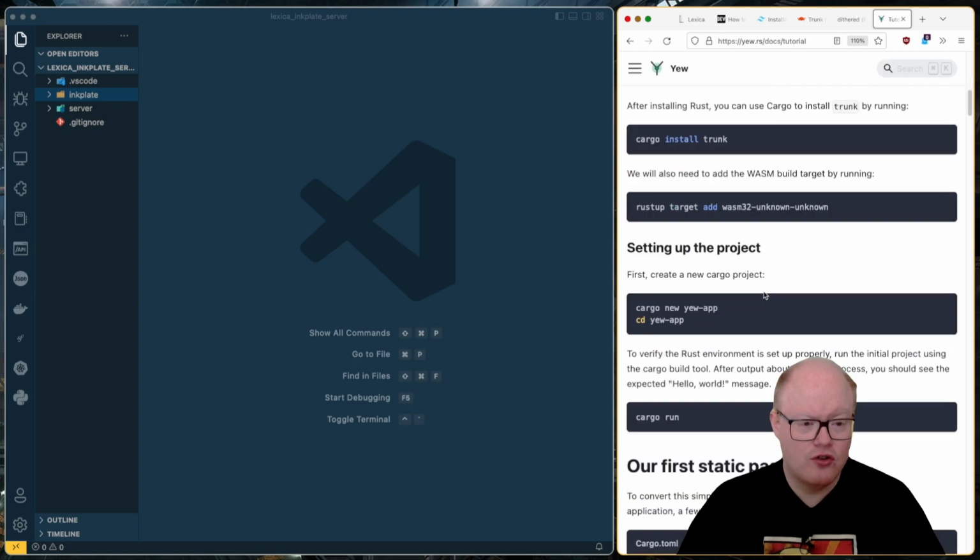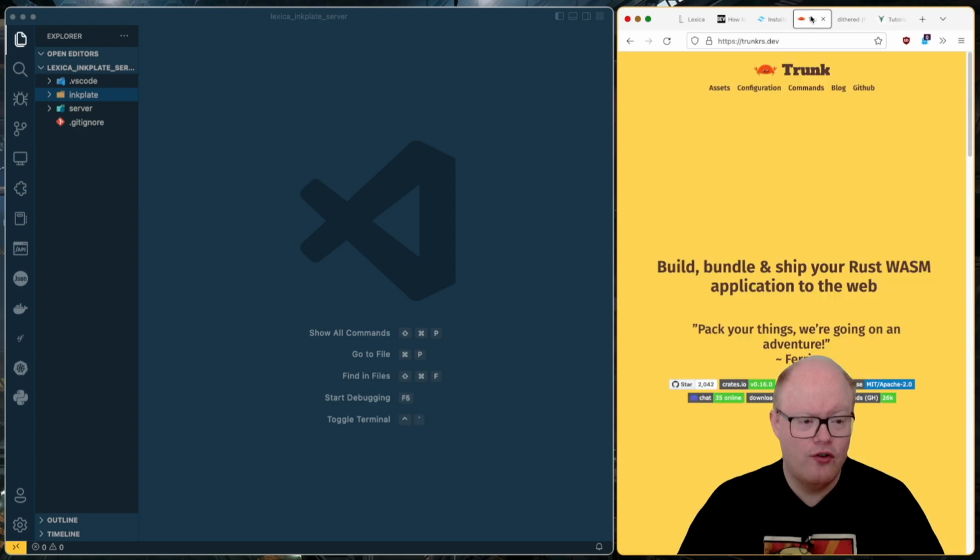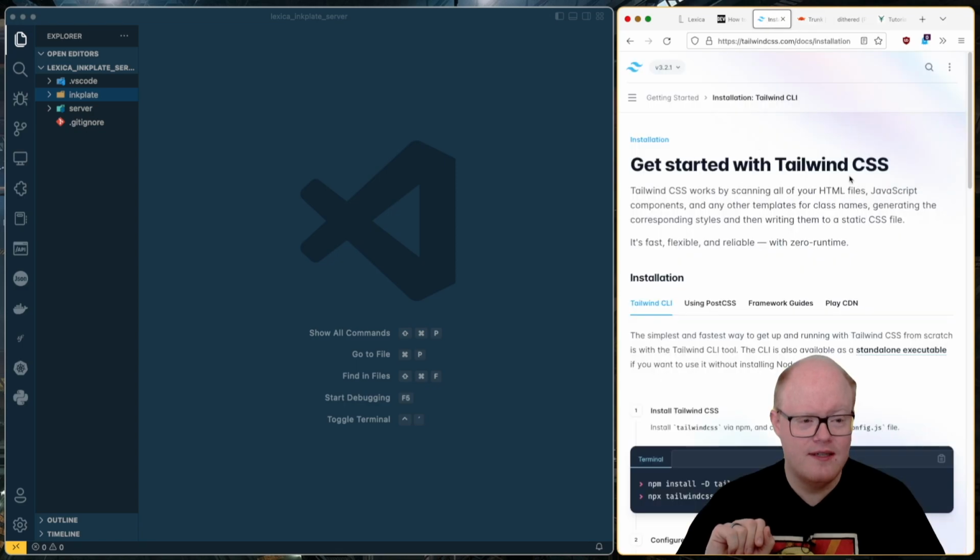Tutorial. They have a tutorial. They are using Trunk. I've already opened up the web page of Trunk. I've not done any further research here. I've just opened up all the different websites. The other thing I have open here is getting started with Tailwind CSS, because Tailwind I have never used as